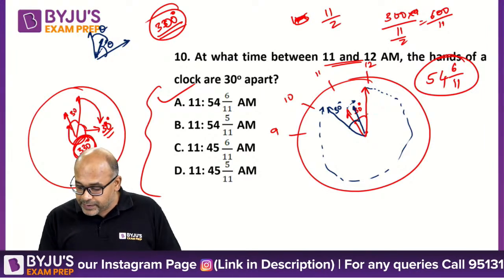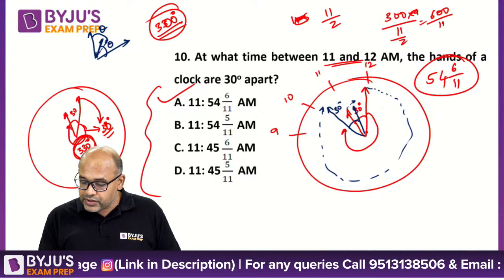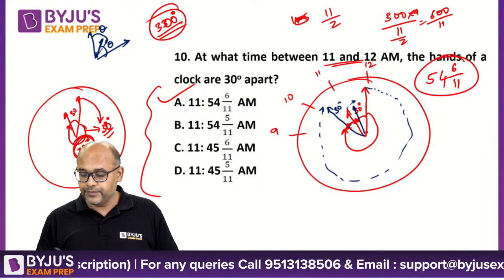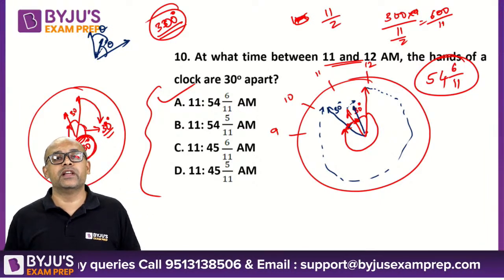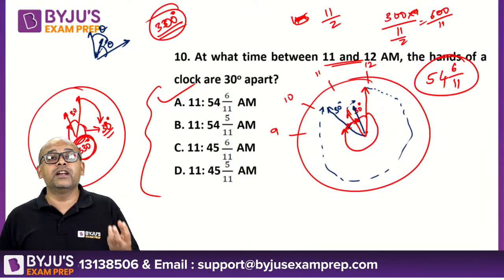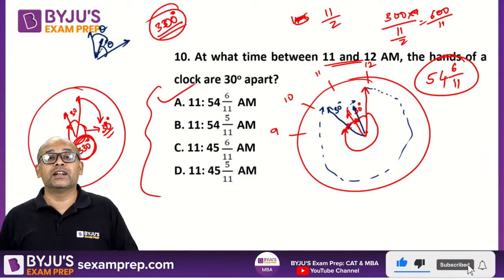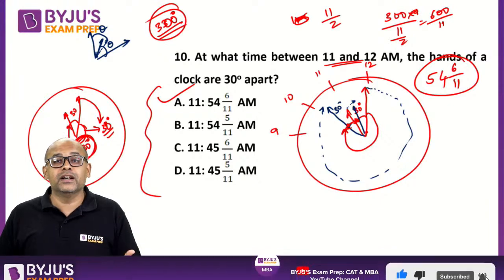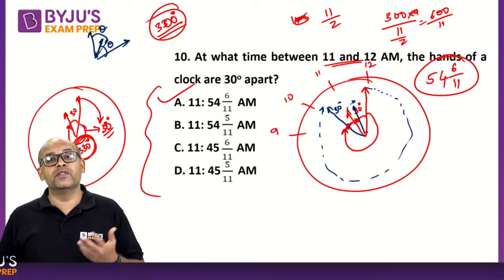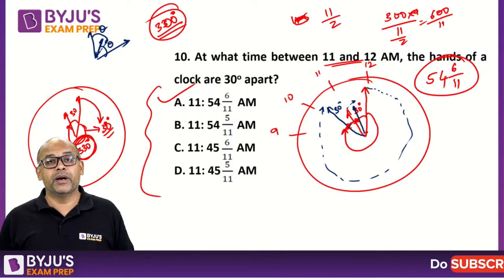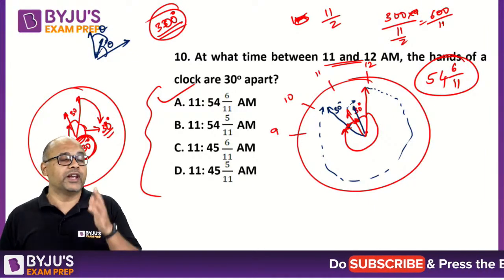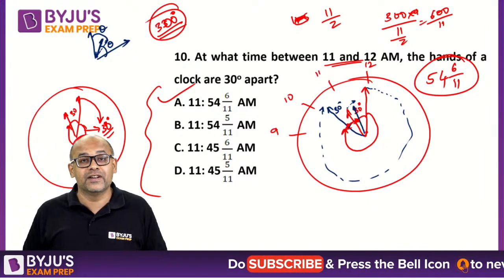So you just measured, originally the big angle is 330. Now finally, this big angle will completely reduce, and it is only this much that is left. 30 degrees is left. So 300 degrees is lost. 300 degrees lost means at what time will it happen? So 300 divided by the relative speed, which is 11 by 2. Not 11.5, sorry, I keep saying 11.5. It is 5.5, 11 by 2.